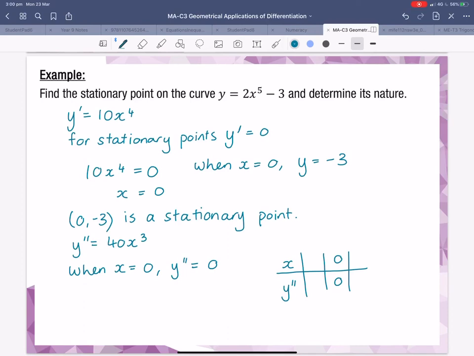Because it's 40x cubed, and we know if we cube a negative number, it will be negative. And if we cube a positive number, it will be positive. That tells us that at x equals 0, we do have a change in concavity, hence a point of horizontal inflection. So we say, therefore, 0, negative 3